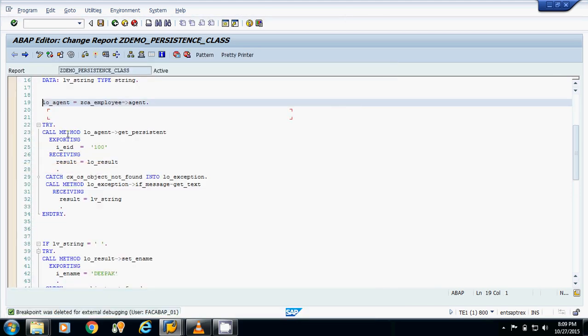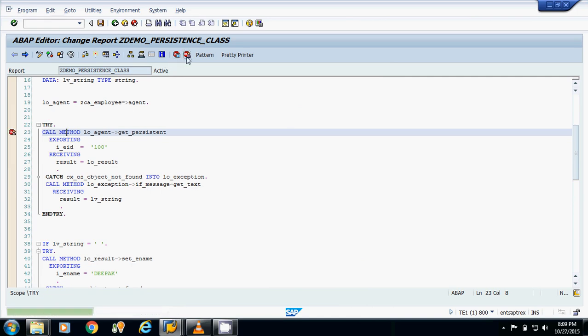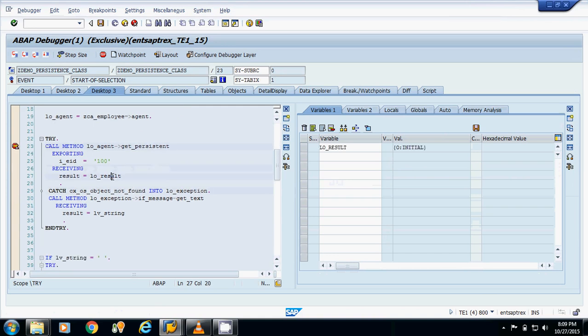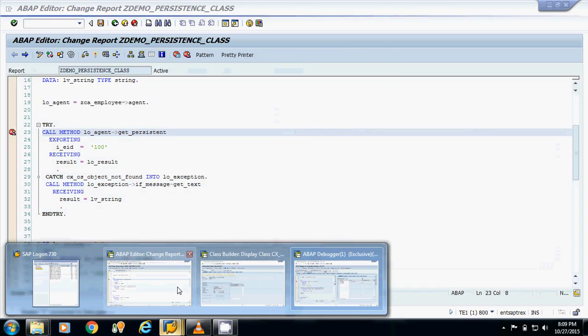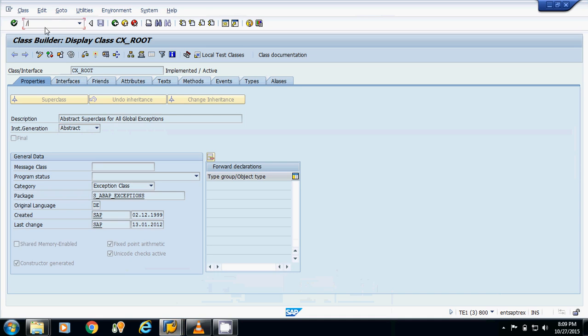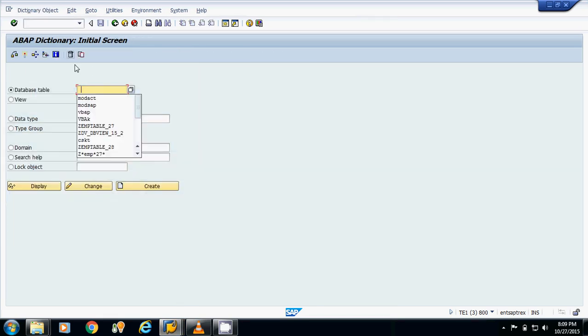Now I will show you in debugging mode. I will put the breakpoint here and execute this. I am going to Desktop 3. Here LO_result is initial and LV_string is blank. Now F6. See, this exception has occurred because 100 does not exist in the database table. If we go to SE11 and display that table, employee ID 100 is not in the database table.